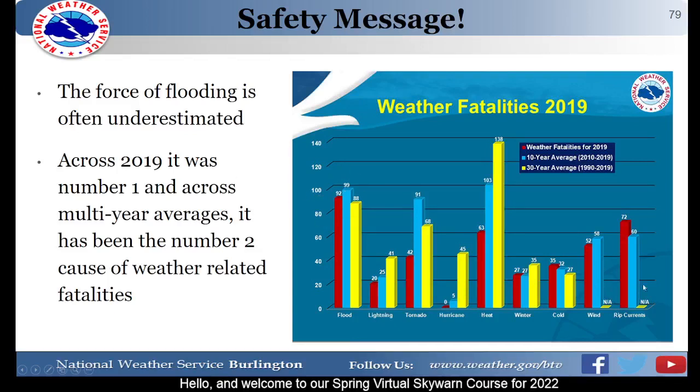And then if you consider that across the rest of the span of all weather-related hazards, you'll see that in 2019 specifically, in the red bar here, it was number 1. But even across these multi-year averages in blue and yellow, it at least took number 2. So flooding is particularly